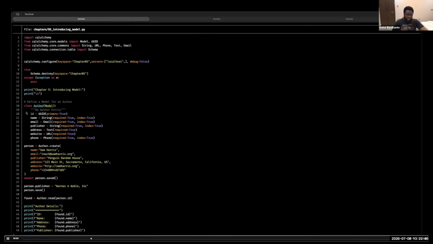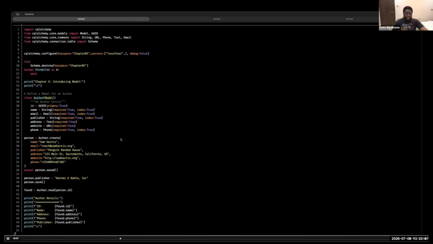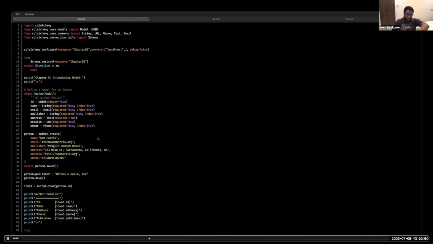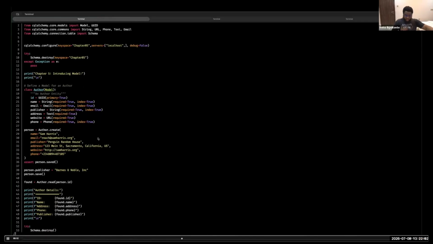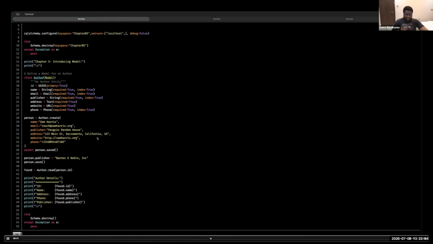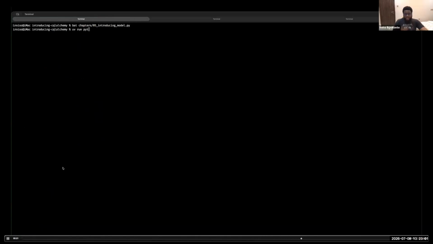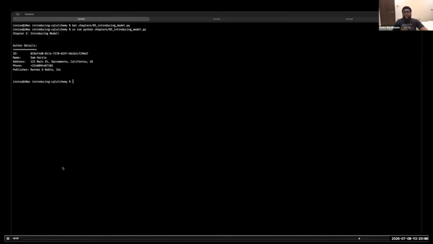In this case, we create a bunch of properties for the author, and then you can create a new row in the database by calling the author create method. And then, of course, you can save that and you can query it with author.read, and that works exactly like you expect. We're trying very much to make the API very, very familiar. So if you've used SQLAlchemy, if you've used Django models, if you've used Tortoise ORM, you'd feel right at home actually using